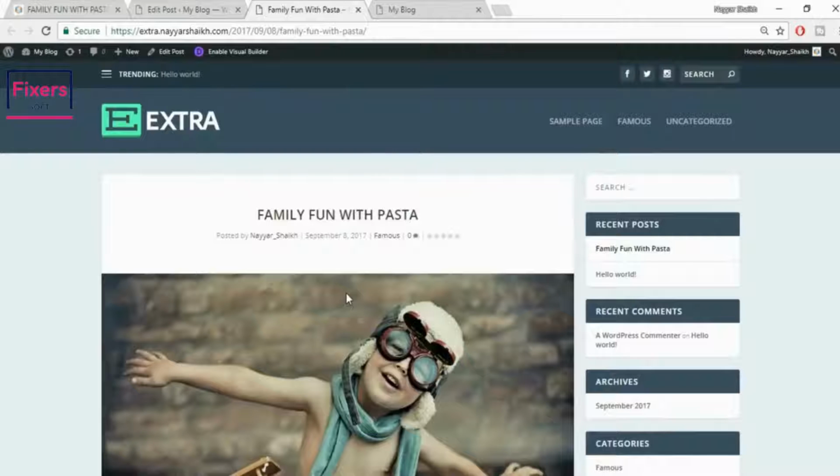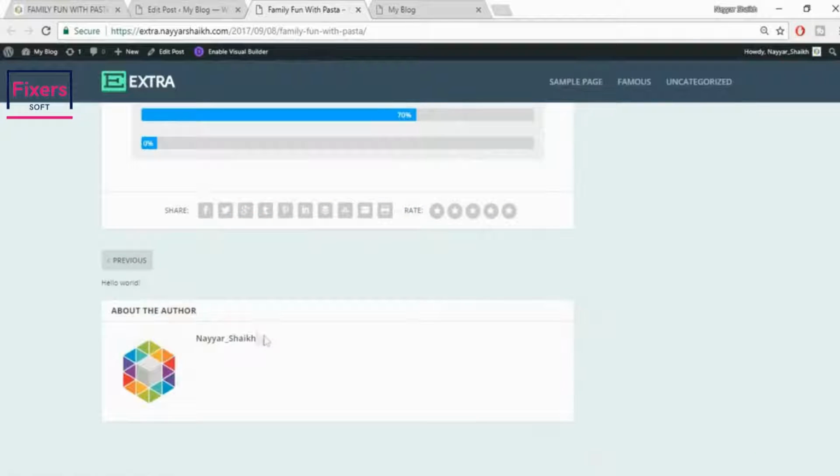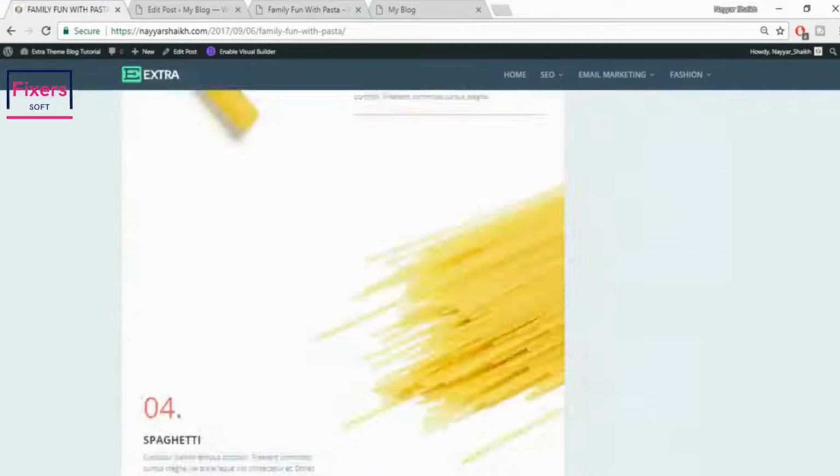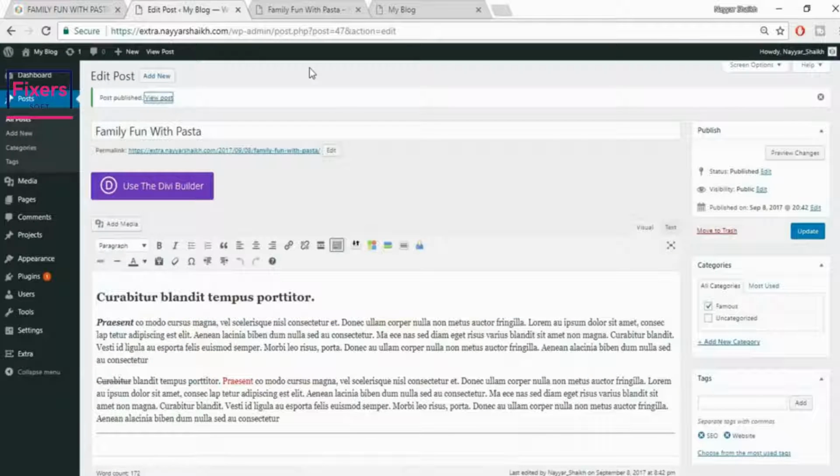Now let's see how to make changes in the author, how to add different authors. For example, if you see at the bottom, your name is there, but there is nothing over here. Whereas if you see my website over here, the demo website, you have a very short description, you have social links and so on. So let's add that. So come back to your dashboard, and at the left hand side you will see this